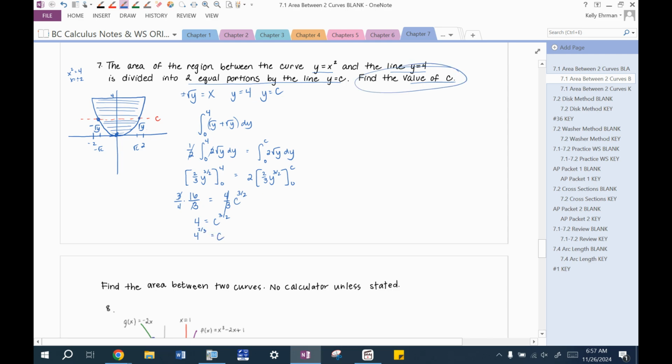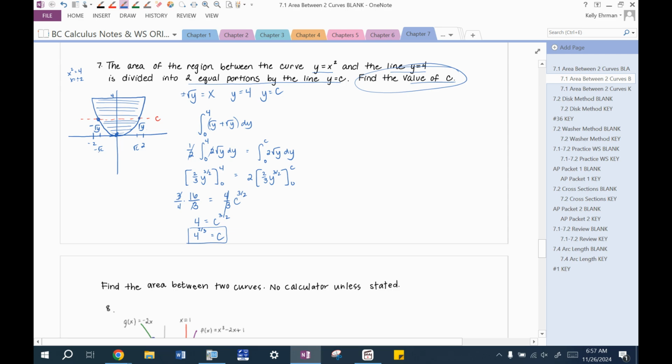Find the value of c. I think I just did it. 4 to the 2/3, or a cube root of 16, or whatever you want to come up with. Yeah, so I did this in terms of y. If you wanted to do it in terms of x, the reason I wouldn't do that is because we were trying to find the value of y equals c. So it makes more sense to